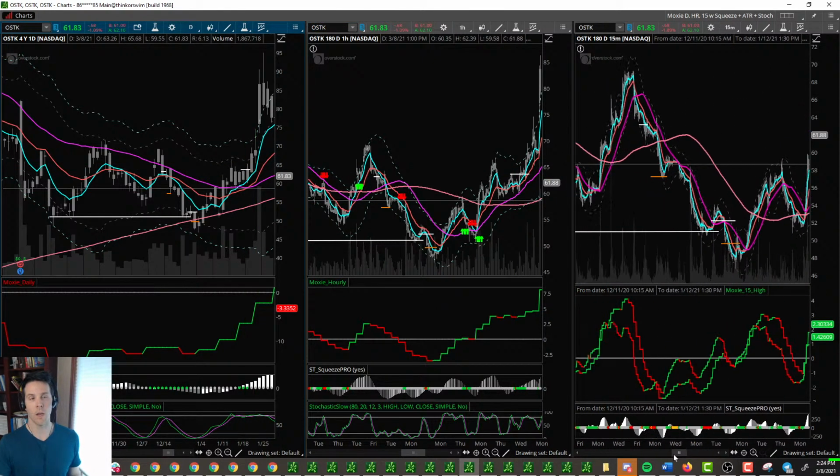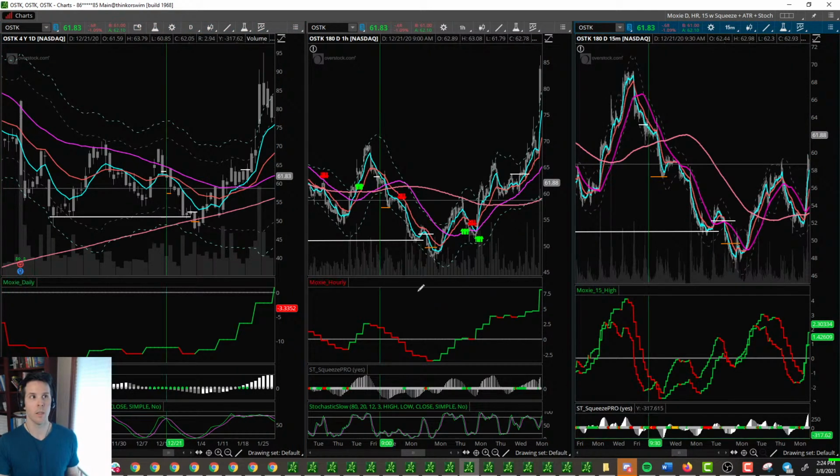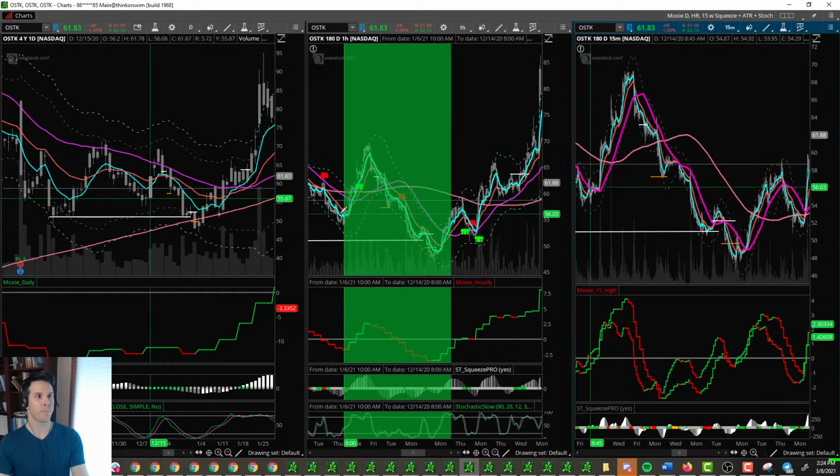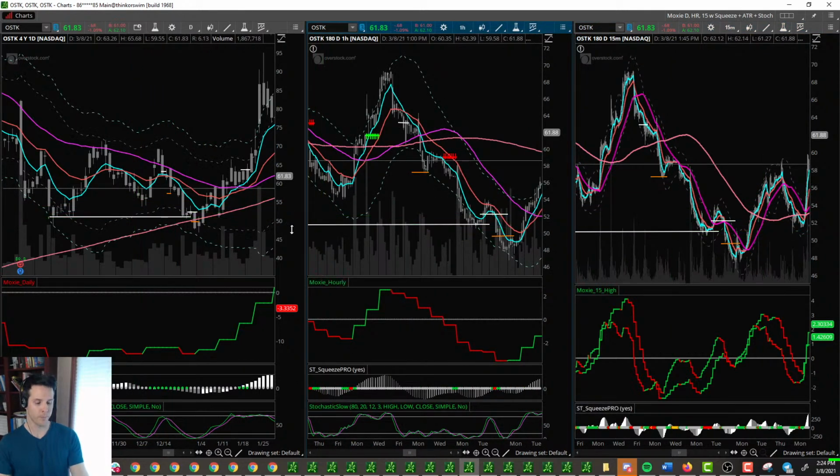And I could see something coming. Ultimately, I was correct, but boy, my timing was off because I jumped the gun. And what we could see here, if we look on the hourly, is that price was coming back down to the hourly 50. And a lot of times price bounces at the hourly 50. No guarantees, but a lot of times it does. And I was looking for price to finally get out from underneath the daily 50. And so I jumped the gun and said, I think it's going to bounce here. Let's go.